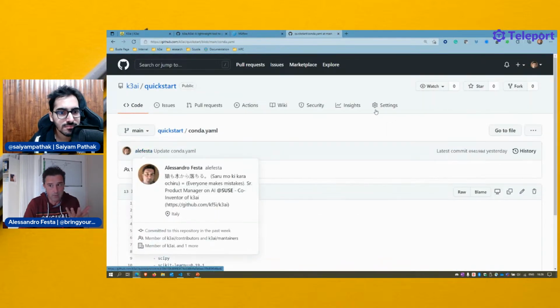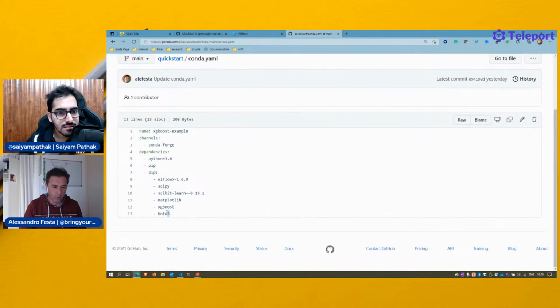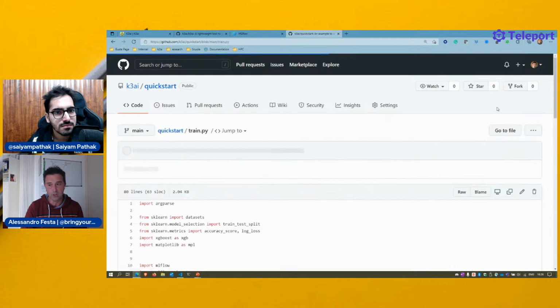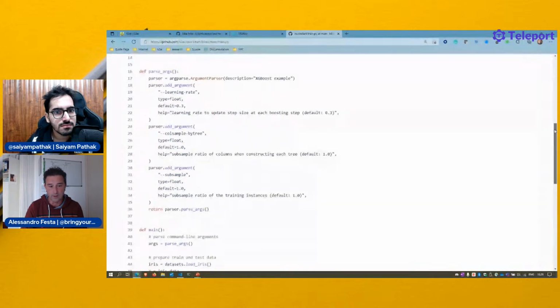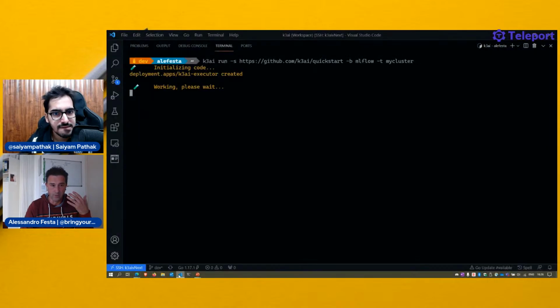For example, this is MLflow. You need to install all those libraries within the project. And once you install all those libraries, you need to go there and execute this code within that. That's all you need to do. And so it's pretty complex behind the scenes.